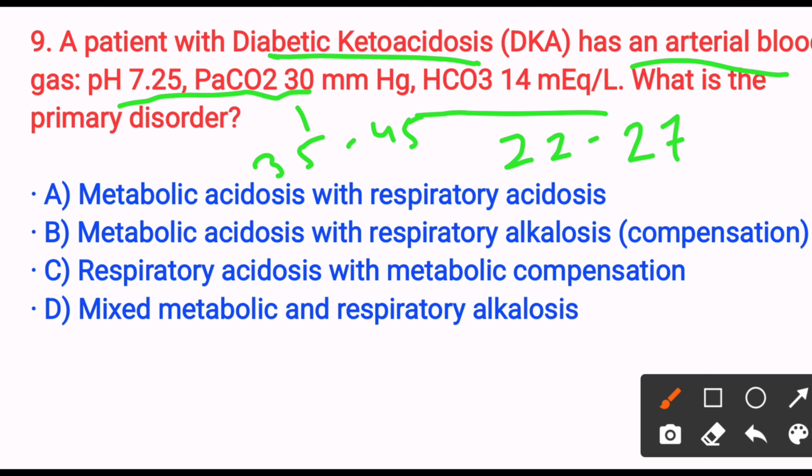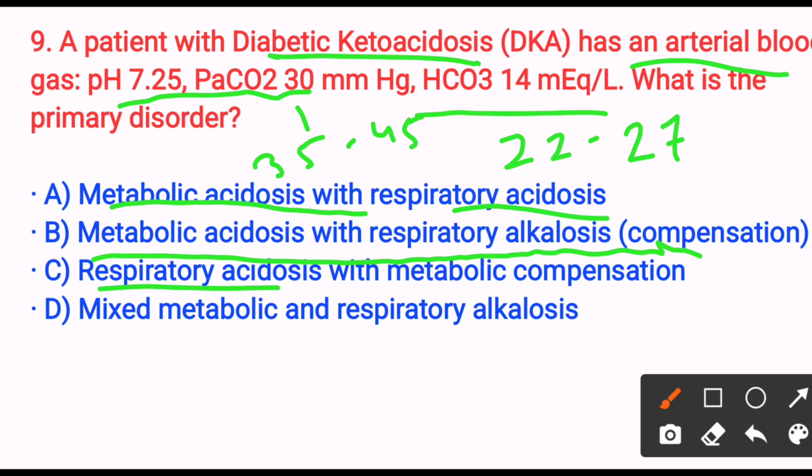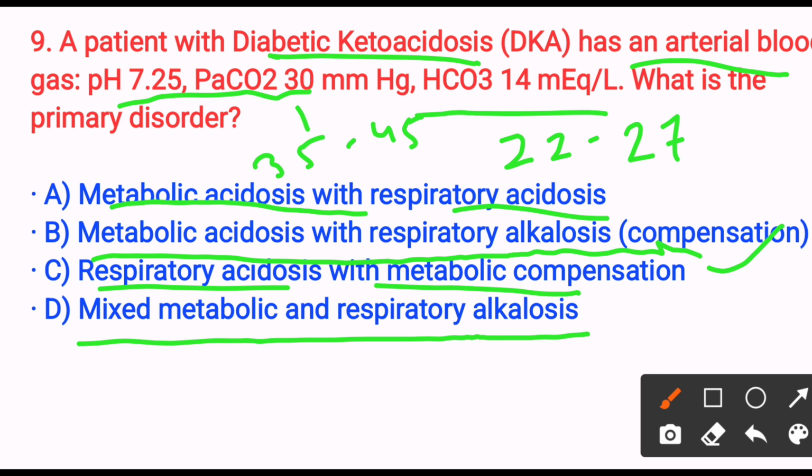Option A, metabolic acidosis with respiratory acidosis. Option B, metabolic acidosis with respiratory alkalosis compensation. Option C, respiratory acidosis with metabolic compensation. Option D, mixed metabolic and respiratory alkalosis. The answer will be option B, because here the